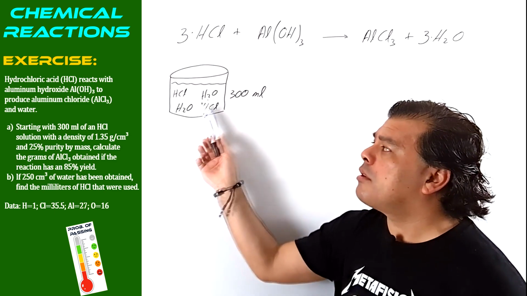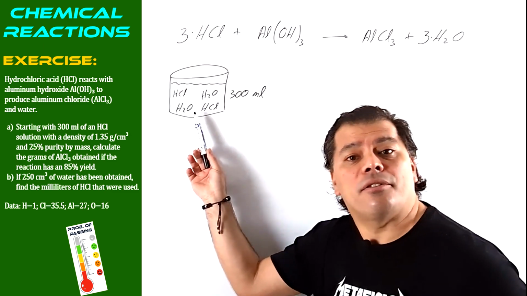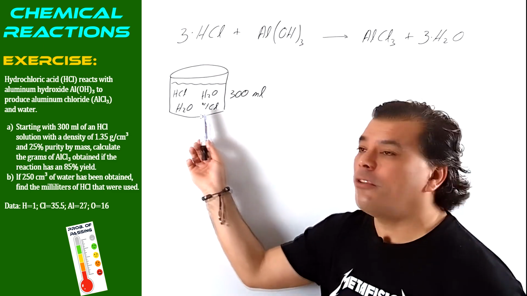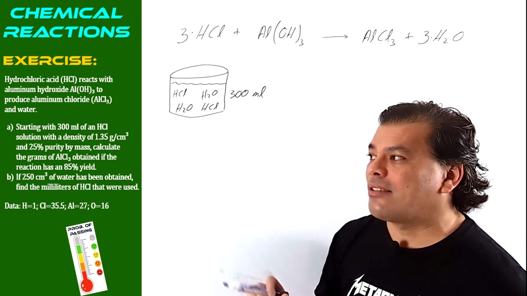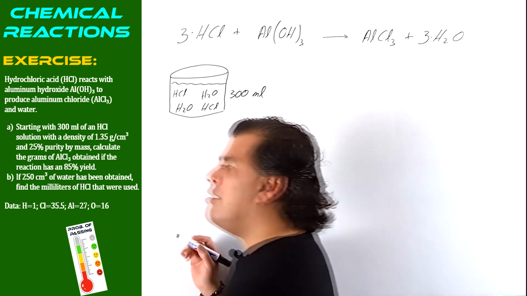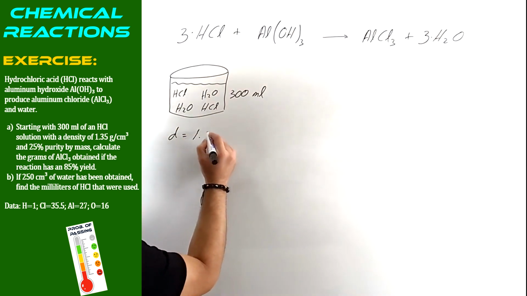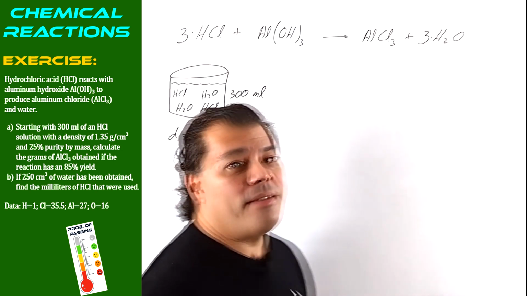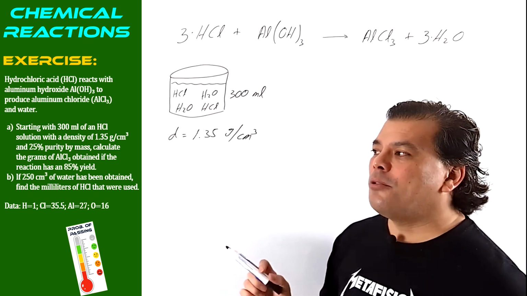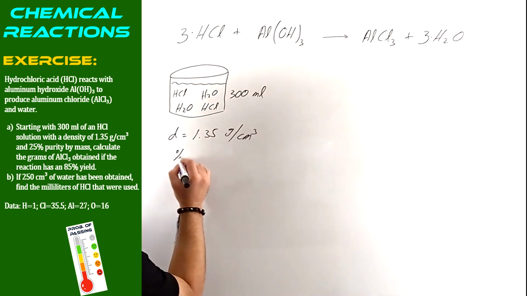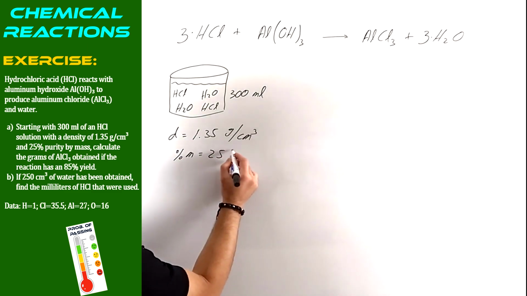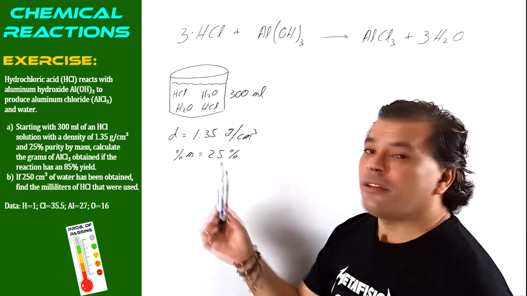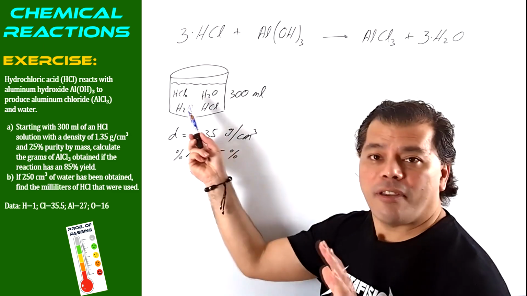Not with the water molecules. This is a spectator molecule that would not run in our equation. We need the grams of hydrochloric acid. And they are giving us that this dissolution has a density of 1.35 grams per cubic centimeter. And they are also giving us the purity mass, which is 25%. So now it's time to use this data in order to calculate the grams of hydrochloric acid that comes